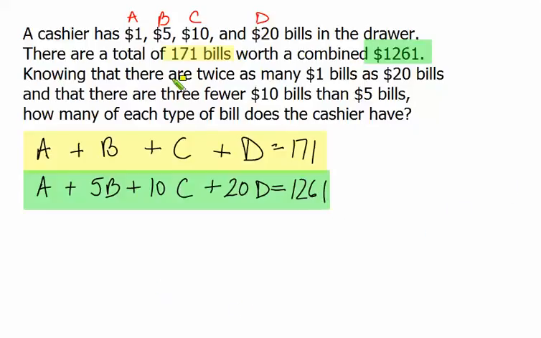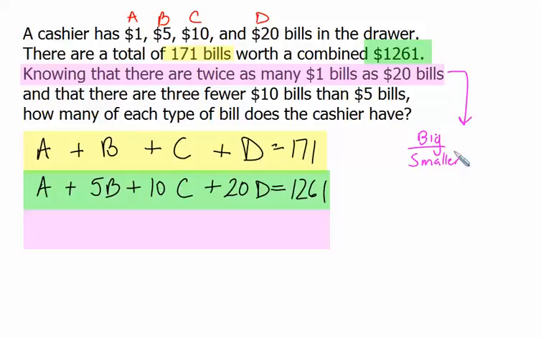Next, we know that there are twice as many $1 bills as $20 bills. In class, we gave some guidance to think about that. It's a multiple. So if we took the larger or the bigger thing divided by the smaller item, we're going to come out with the number that is the multiple. So in this case, the bigger item or the larger item is going to be the number of $1 bills, which is A. The smaller item